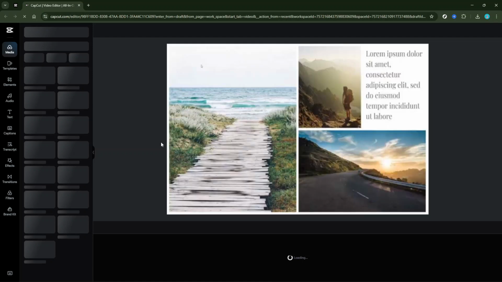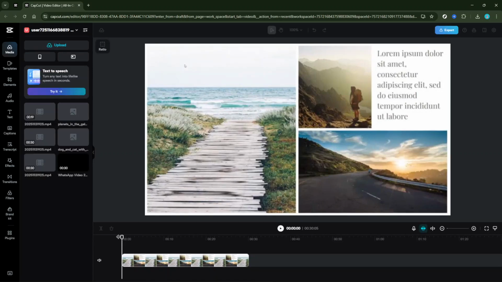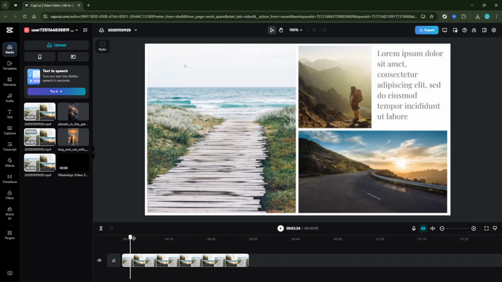Next, direct your attention to the playhead, which looks like a vertical white line over your video timeline. This playhead is crucial because it allows you to pinpoint exactly where your clip starts and ends. Drag it along the timeline to the start of the segment you want to keep. This helps you set a precise starting point for your desired video section.